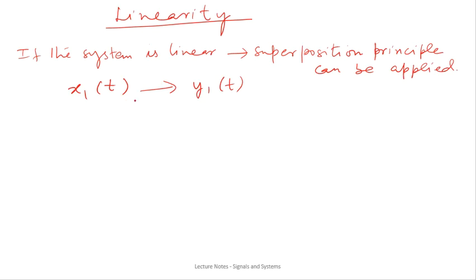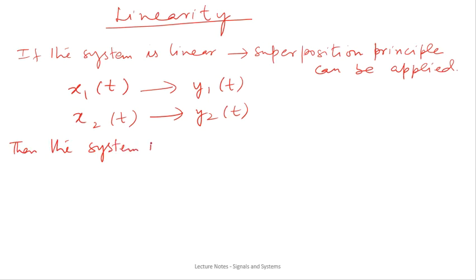Similarly, for any other input x2(t) for the same system, the output is represented as y2(t). Then the system is linear if